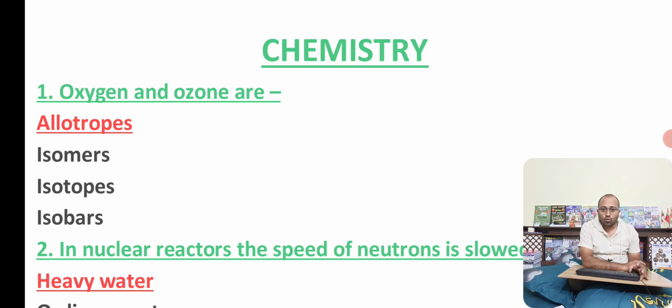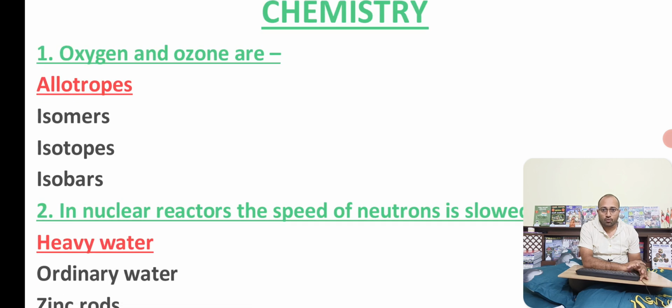Oxygen and ozone. These are allotropic forms; you should know about oxygen and ozone. They are all allotropic forms, and we should know about isotopes, isobars and isotones. So this is one thing you should remember. For carbon, you have allotropic forms like Buckminster fullerene C60, diamond and graphite. So they are all allotropic forms. In the same manner, you should know about oxygen also. Next we have,